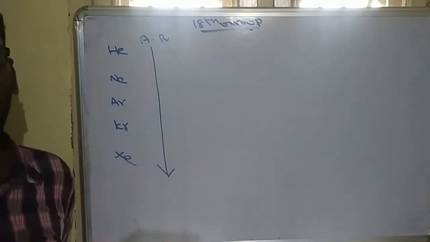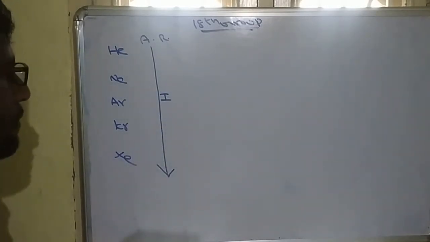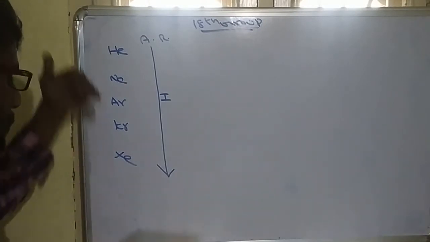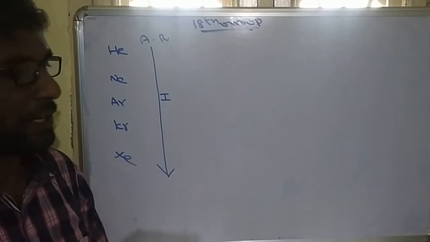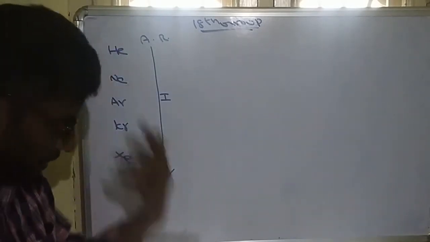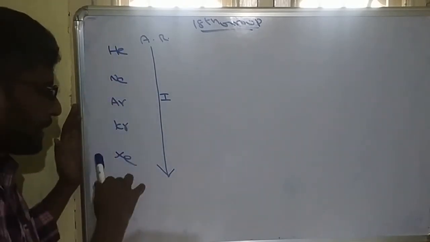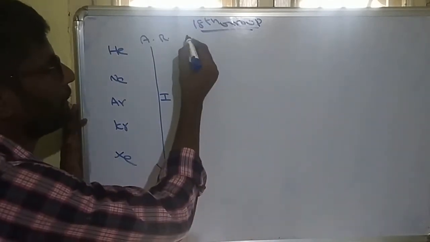radius increases from top to bottom. That we all know. Sometimes this is also called van der Waals radius, since noble gases contain mostly van der Waals forces. So the atomic radius or van der Waals radius increases from top to bottom. Helium is small in size, xenon is large in size. Similarly, when we take